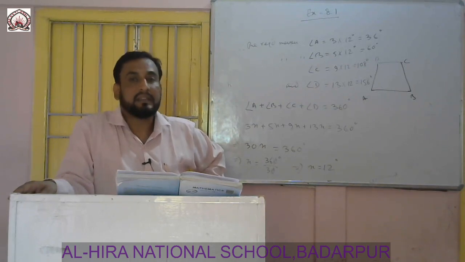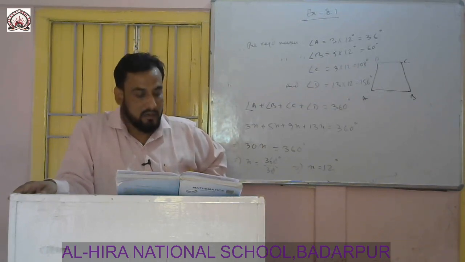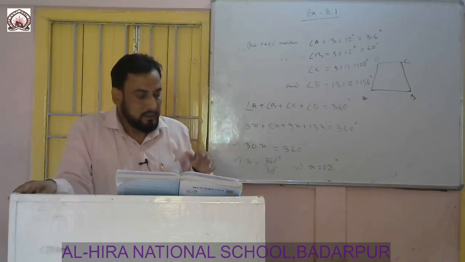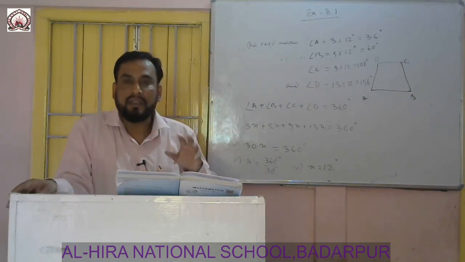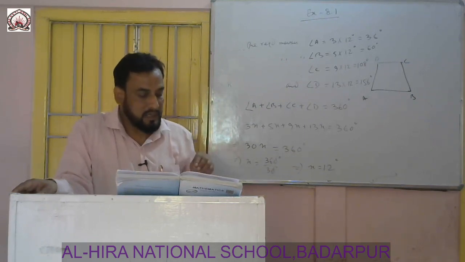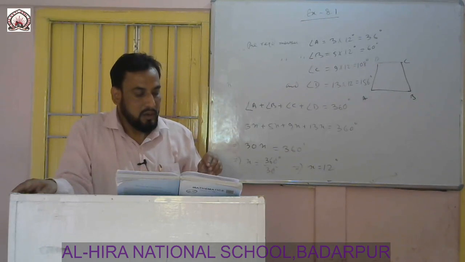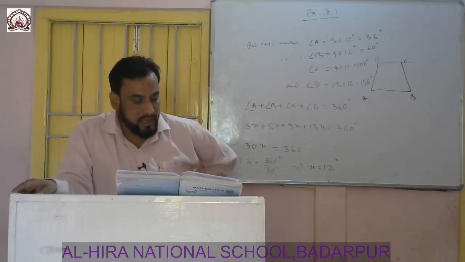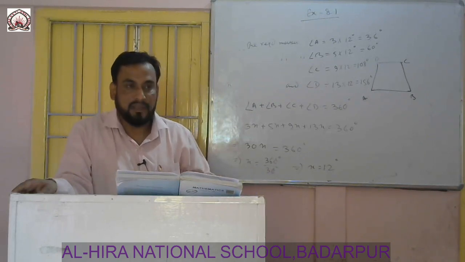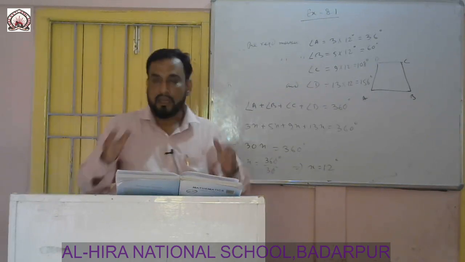You will take ABCD as a parallelogram, in which AB is equal to CD and AD is equal to BC. Also AB is parallel to CD and AD is parallel to BC. To prove that ABCD is a rectangle,